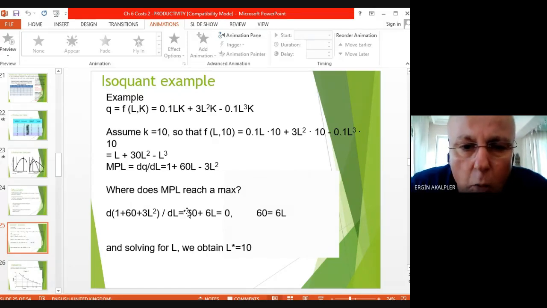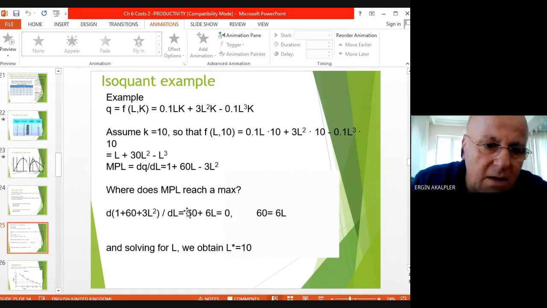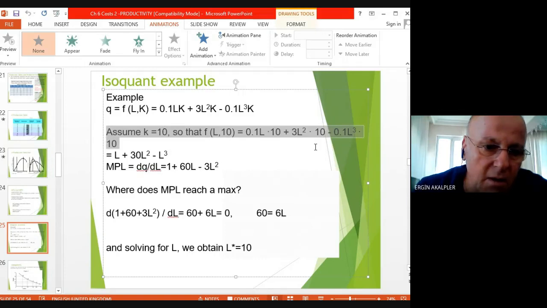Then we have 0.1 L multiplied by 10 plus 3 L^2 multiplied by 10, and minus 0.1 L^3 multiplied by 10, which becomes L + 30 L^2